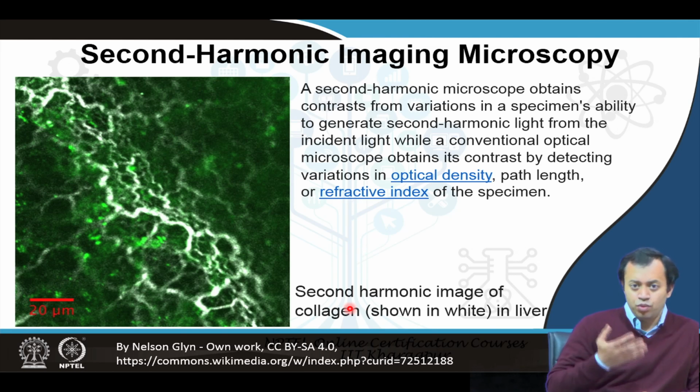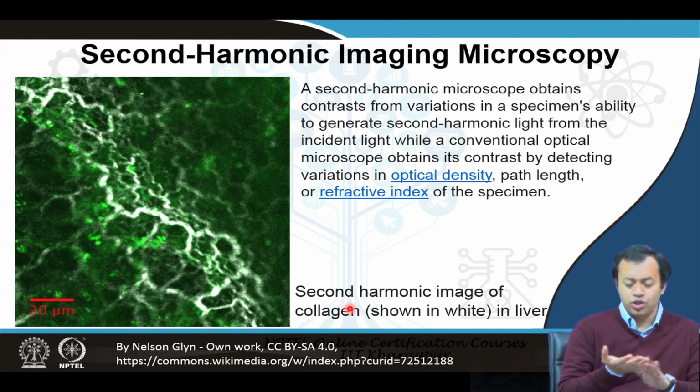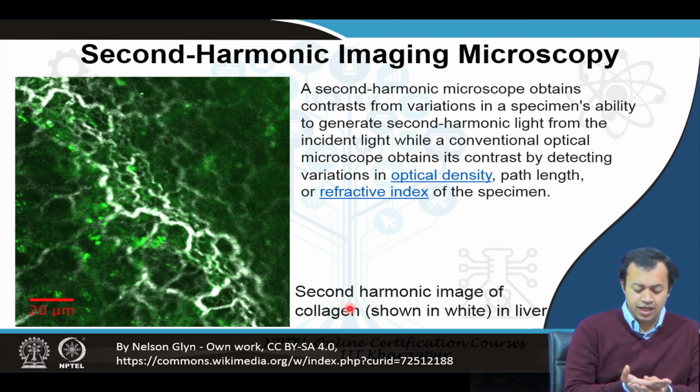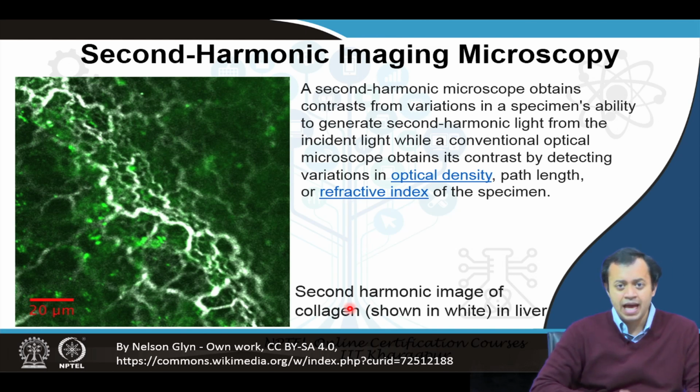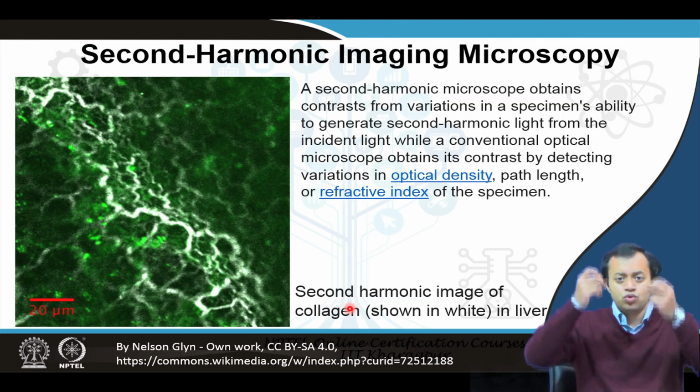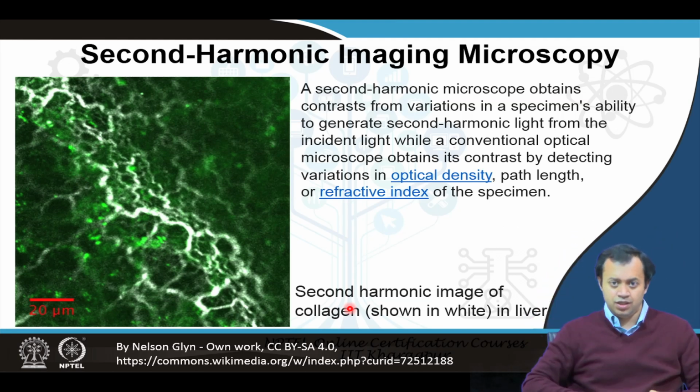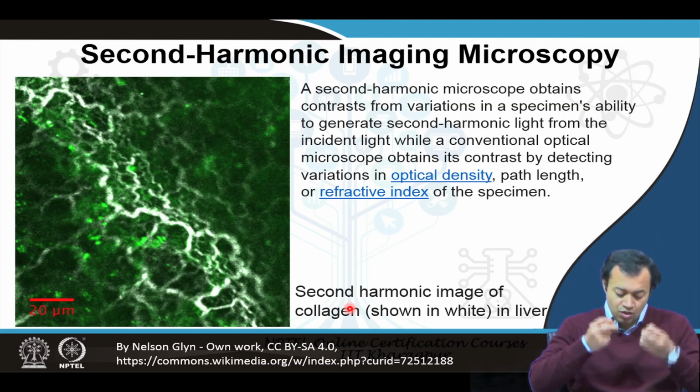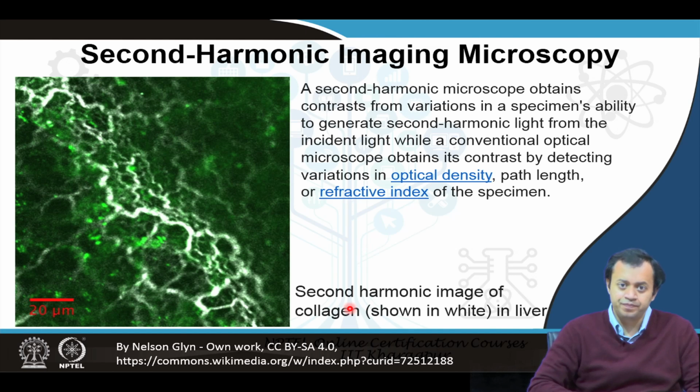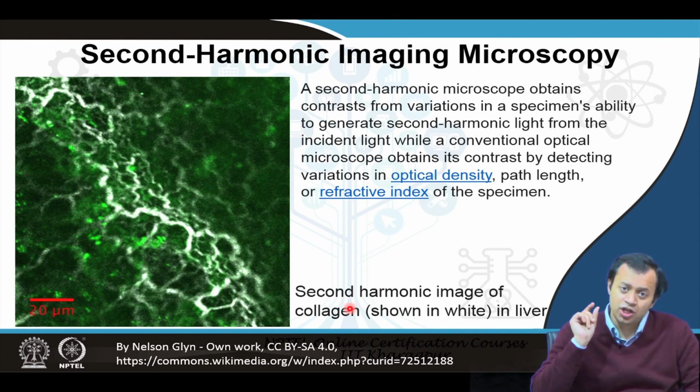We put it under a microscope slide, and the microscope gives two strong beams of light. That beam of light, when encountering the collagen, because of the nonlinearity process, gets either reflected or transmitted, a combined effect, a 2 omega effect: omega plus omega gives rise to 2 omega, and if you have sufficient filters,